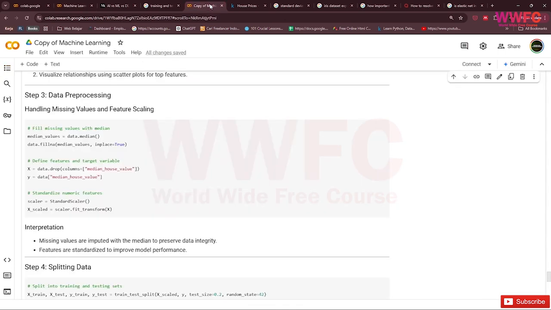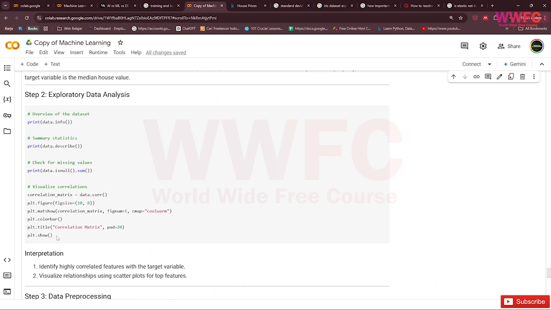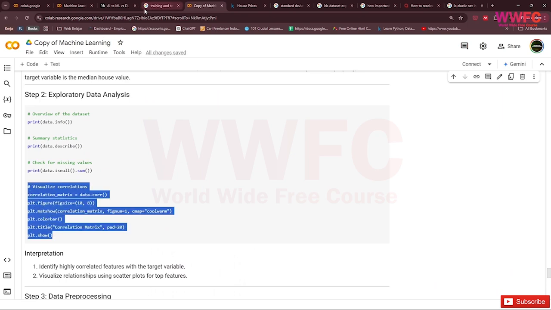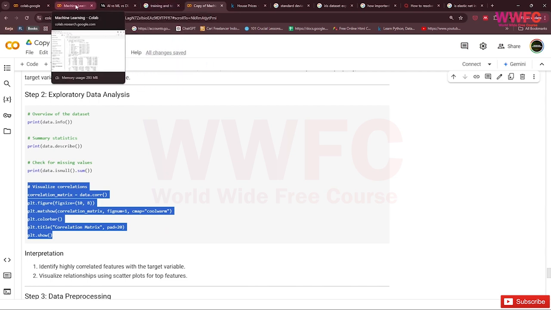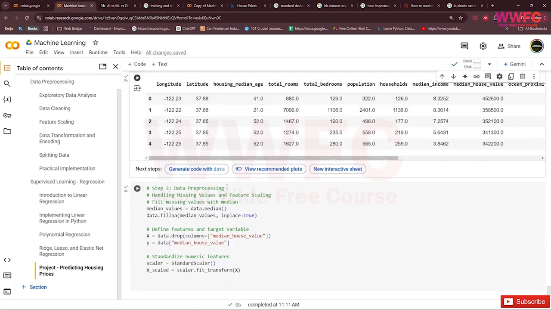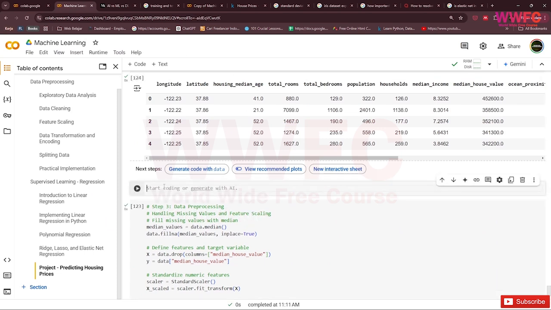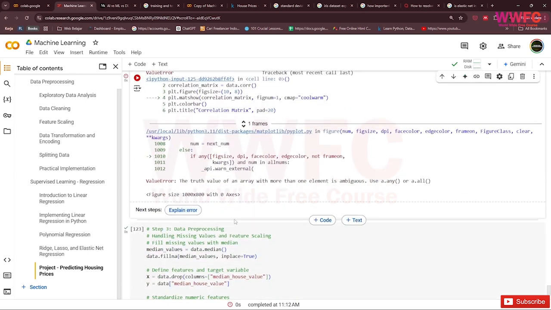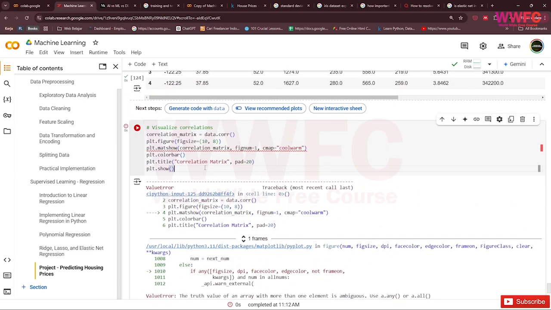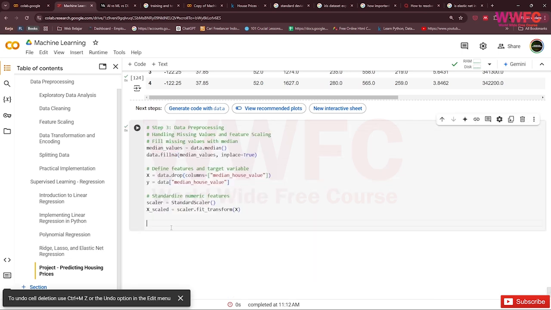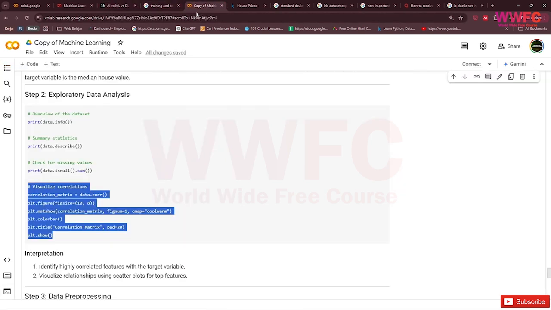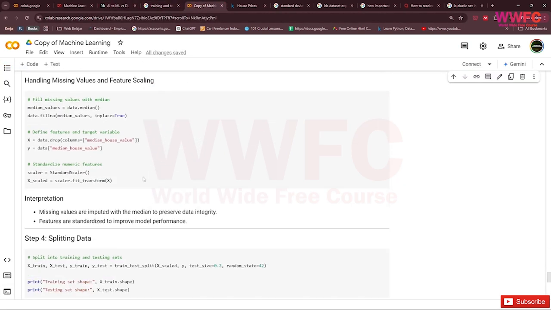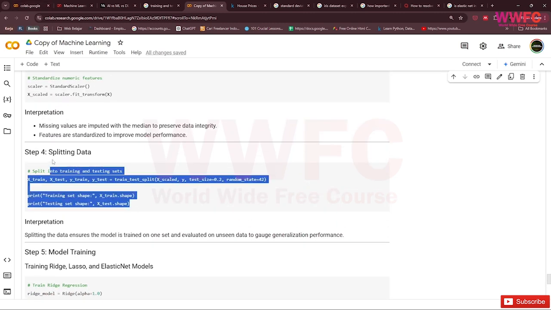And we also visualize the correlation. Then step 3 is the scaler and splitting the data.